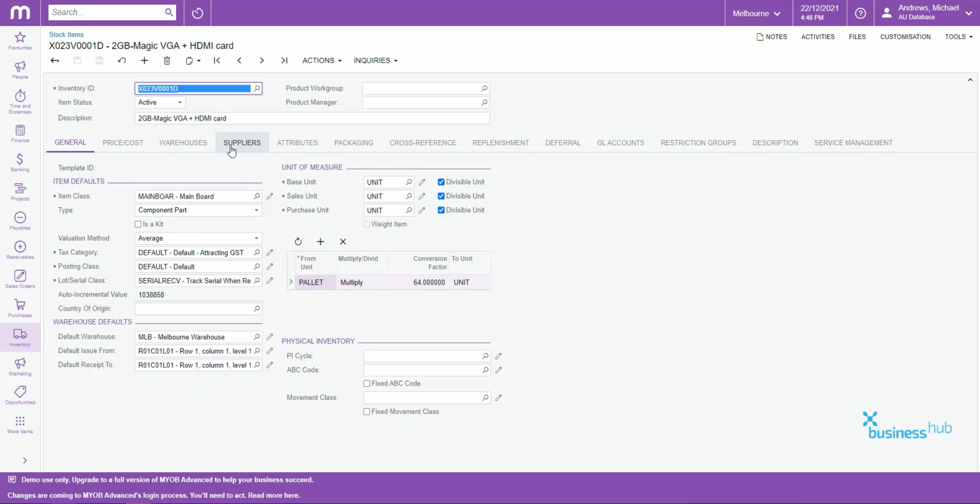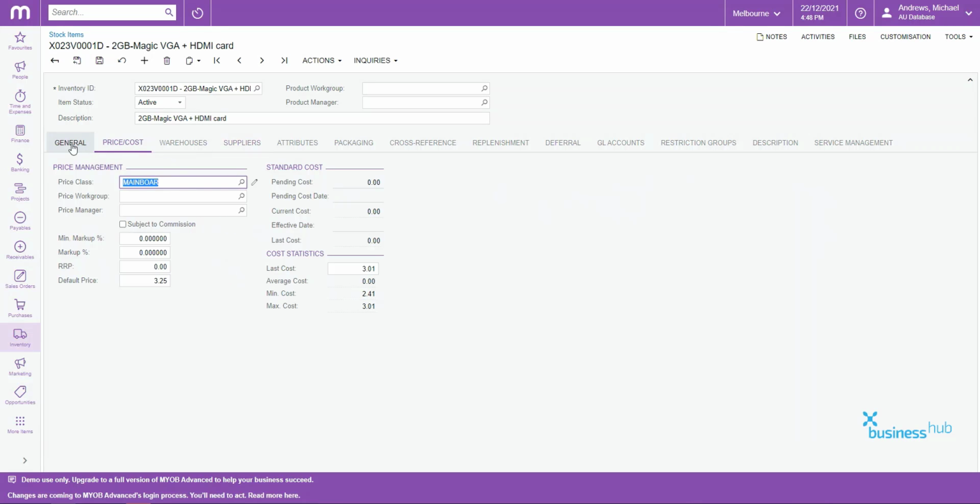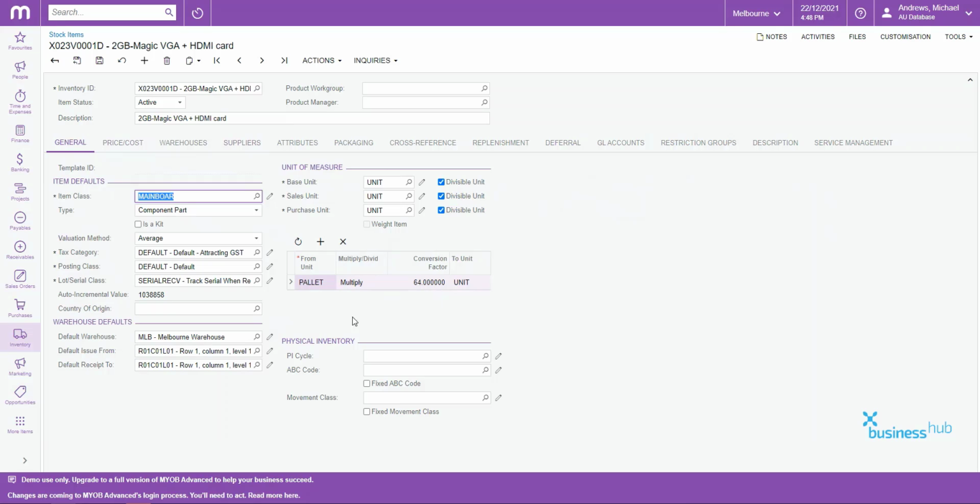In our suppliers, we want to make sure that there's a default supplier and that we've catered for a lot size. Generally, this would be in line with, say, on that pallet entry, I think it was 64. So you could change it to that number, which aligns it to the multiple on here when you potentially need to buy it, or how it needs to be bought in